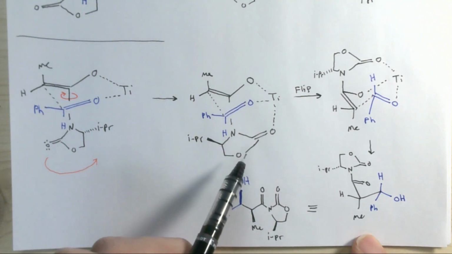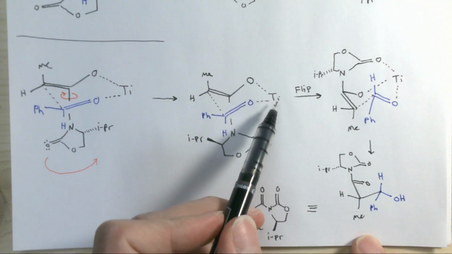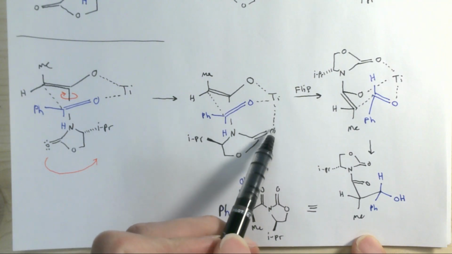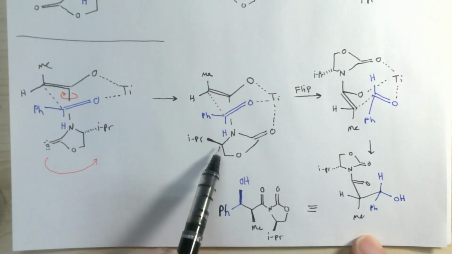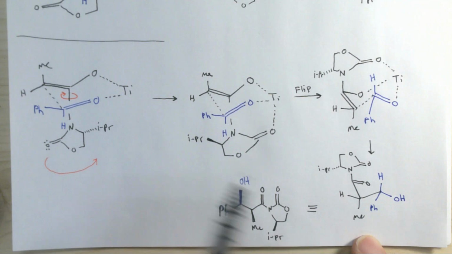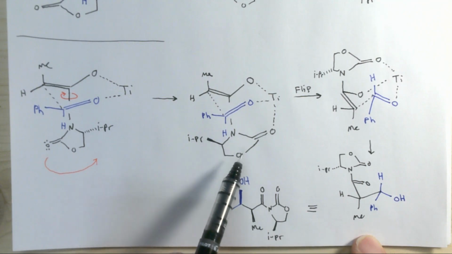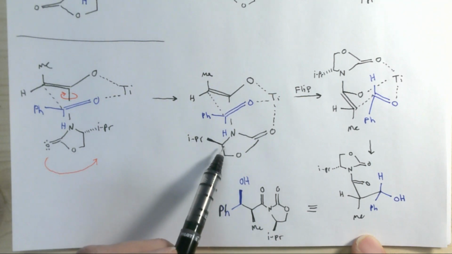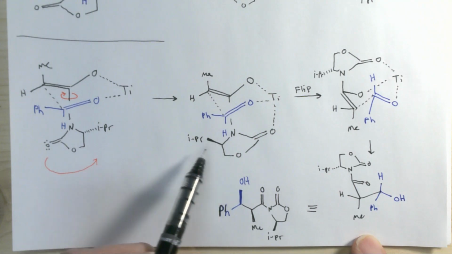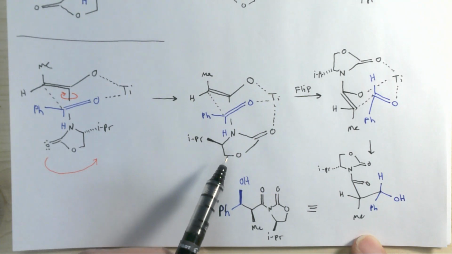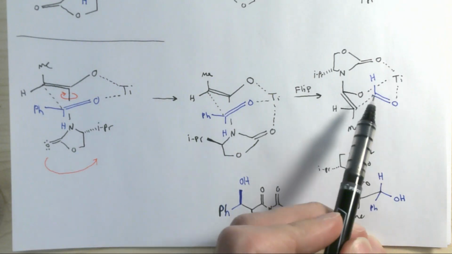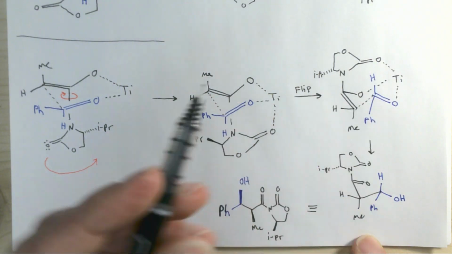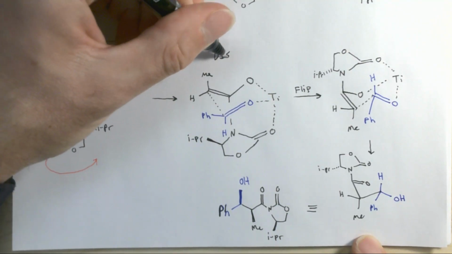And it does that because titanium is such a strong Lewis acid and it wants to bind to as many oxygens as it can. That now throws this selectivity all on its head. Now the isopropyl group, or whatever group you might have on your auxiliary, depending on which one you're using, it's now in the incorrect spot. So we have to do a ring flip, and the aldehyde has to come in on the other side. And so I'm going to get this being my favored transition state. This would be the disfavored one,